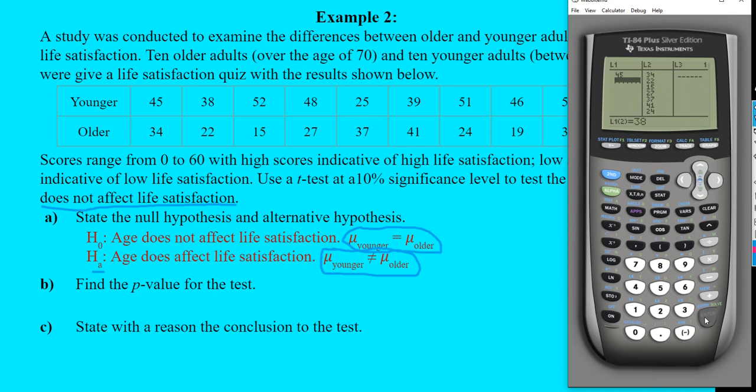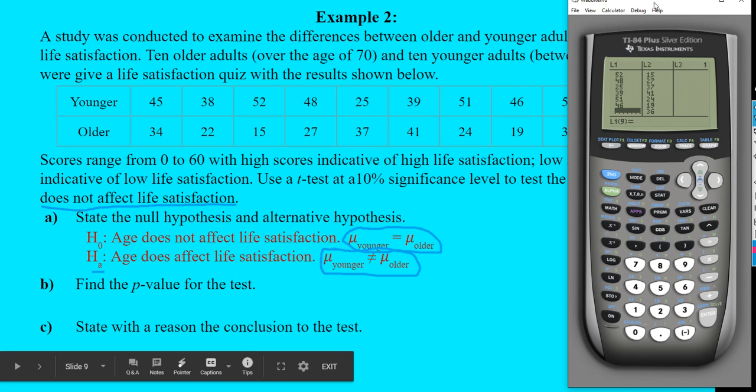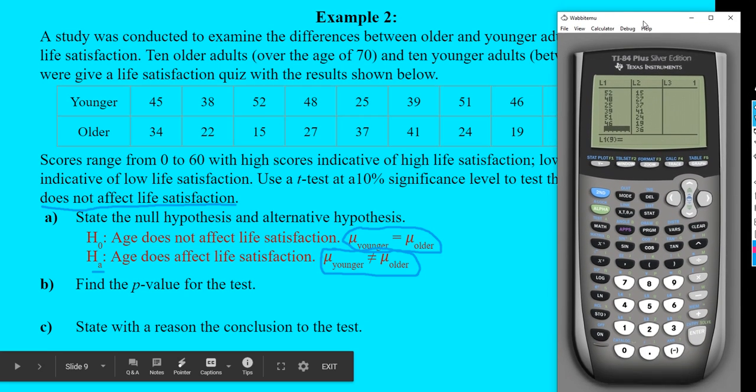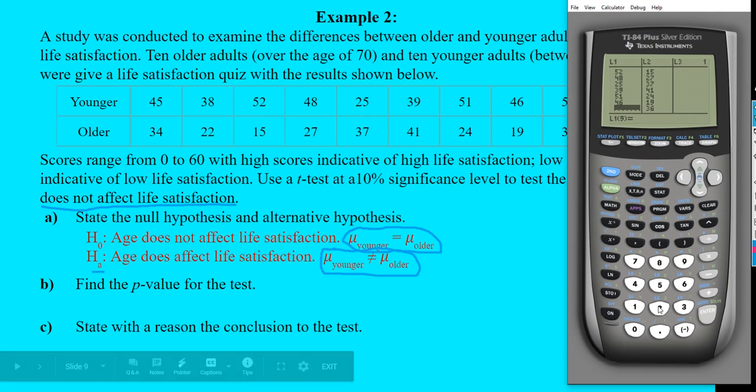38, 52, 48, 25, 39, 51, 46, and then I've got to move the calculator a little bit to see what's under there, 55 and 46 for our last two data points. Now, in this particular case, there were 10 participants in each one of the age groups, so